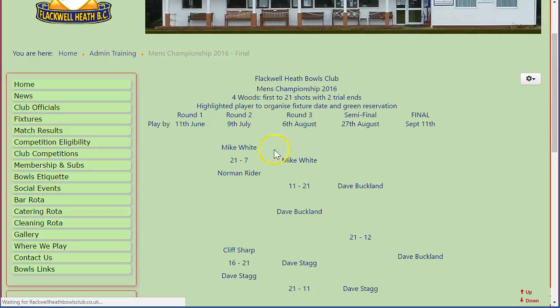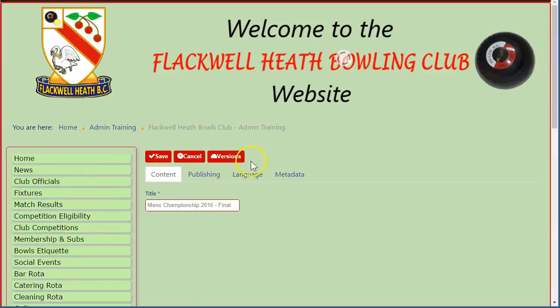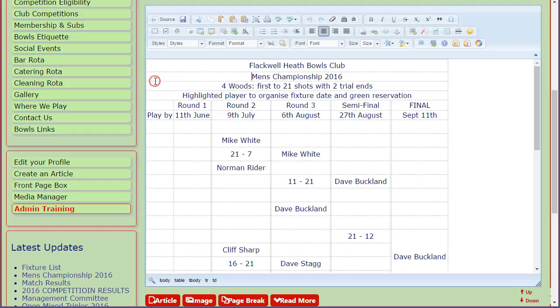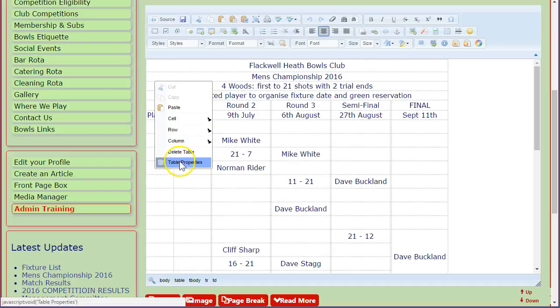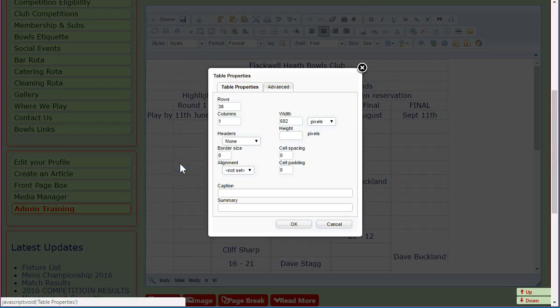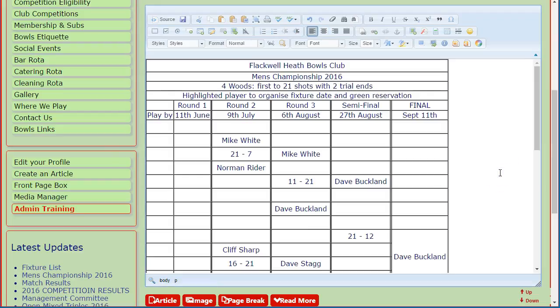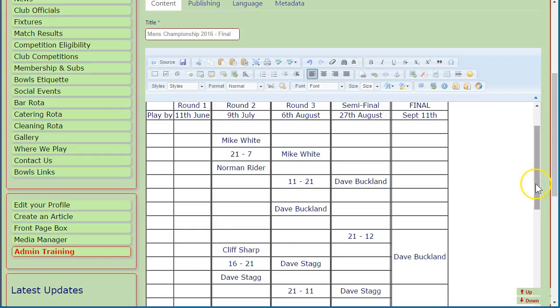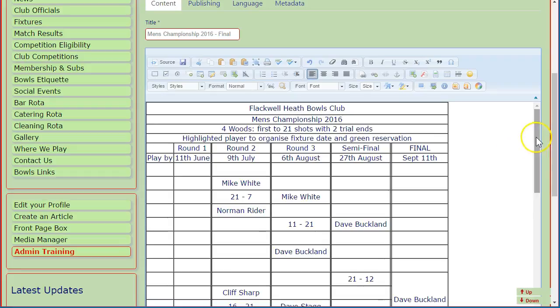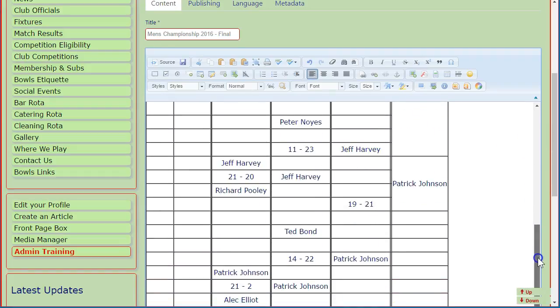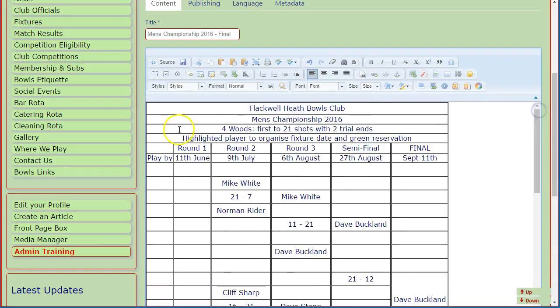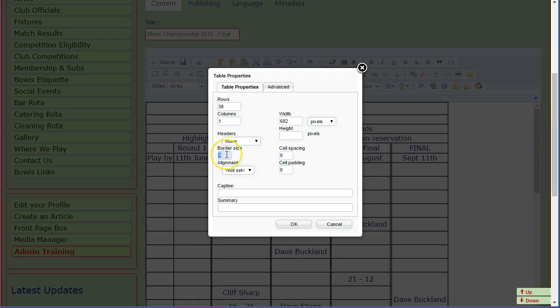Now, the best we can do with this article, if I click on the right-hand mouse button and have a look at my table properties, if I want to draw lines, I make my border size 1 and OK that. This is what the lines will look like. Clearly this is also not the result that we wanted to see. It looks really terrible. So if I go back and make border size 0 again, taking all the lines away,